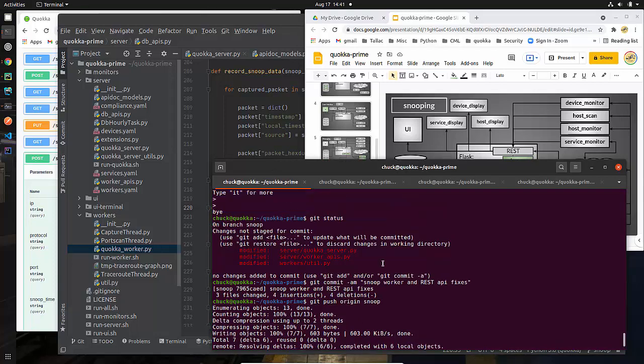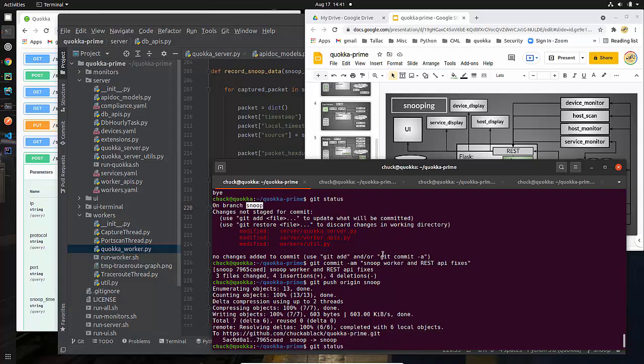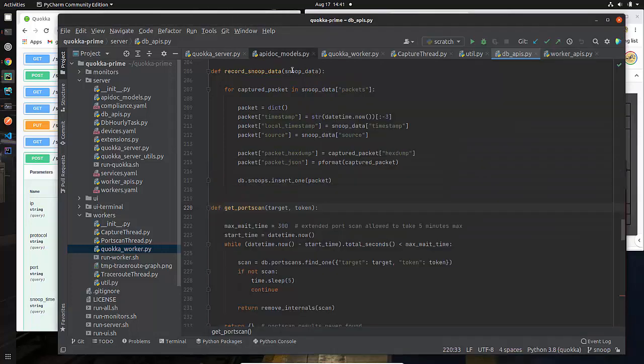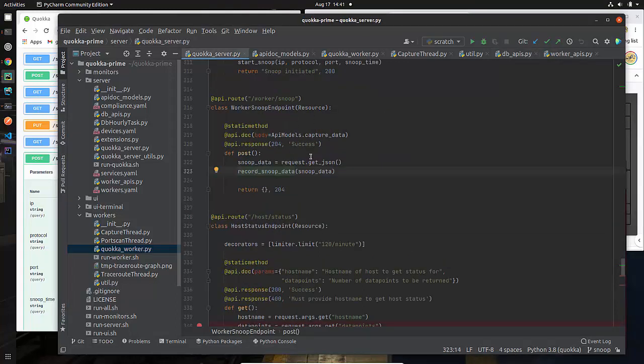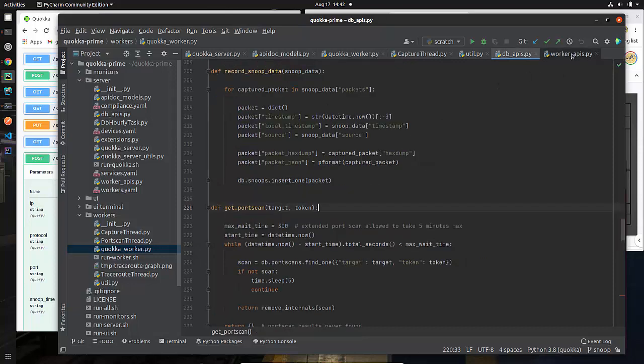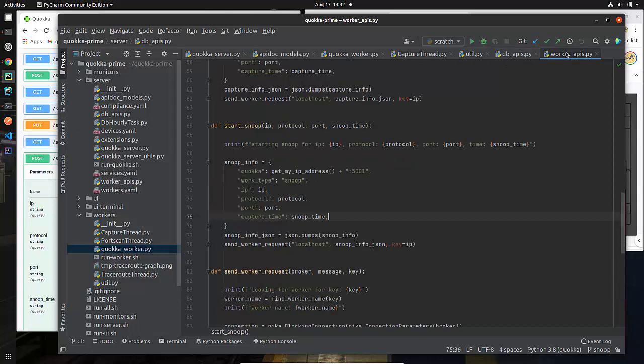So you're going to see me doing Git and creating a branch called Snoop, and then I'm going to be doing work on Snoop. You're going to be seeing me modifying code. I'll be modifying code in the Quokka server. I will be modifying code in the Quokka worker, which is the worker stuff. This is in the server, the DB APIs for communicating information into the database, the worker APIs for receiving and